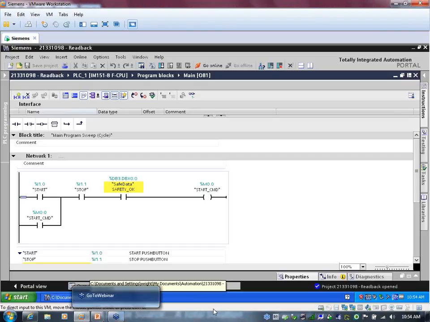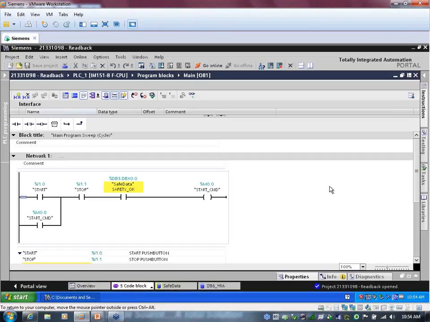I'm looking here at OB1, and you'll see I've my first network here. I just have a simple start-stop circuit. Personally, I prefer not to use set and reset bits. So what I've done is I just have, as I say, a standard start-stop circuit, and I've also included this